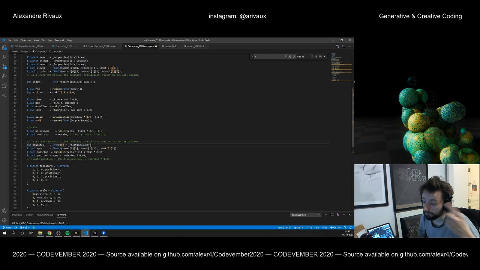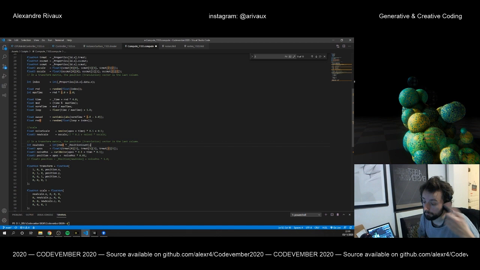The main idea will be to get the actual loop. So let's say float aloop will be equal to property.data.z. Okay, so now I get the actual loop,